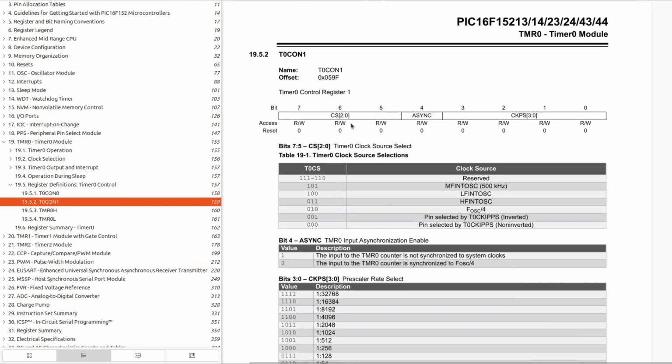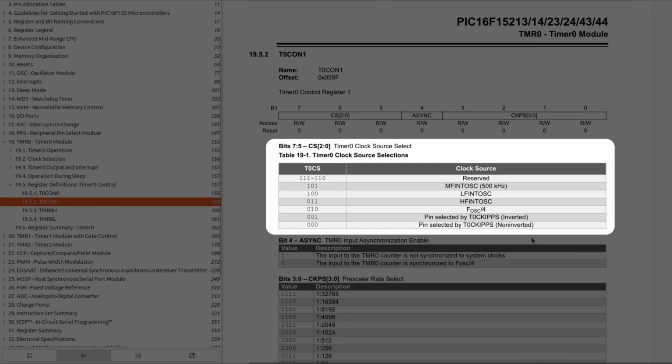That's because each timer has different features and slightly different limitations, so they work best when applied to the right use case. Fundamentally, timers operate in the same way. Essentially, all they do is count. You can tell them how fast to count, and they let you know when they're done counting. And if we take a look at one of the control registers for timer 0, we can see that it